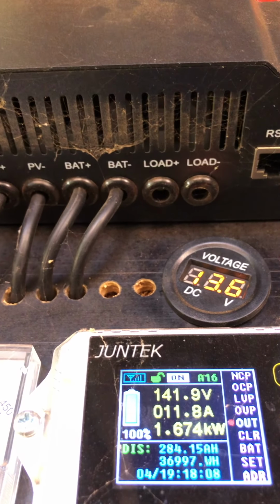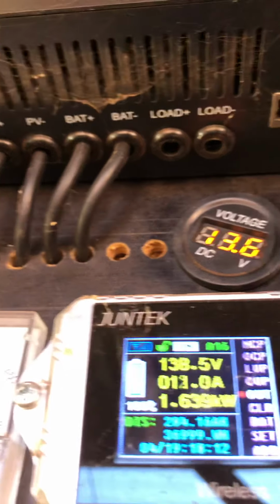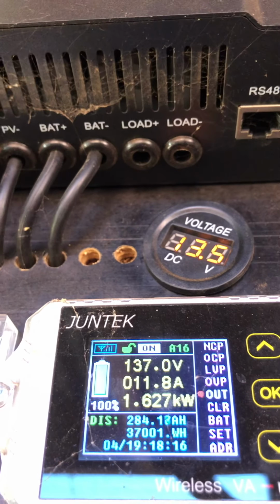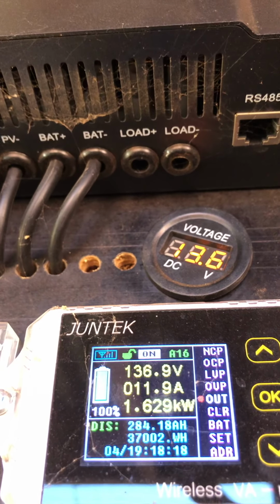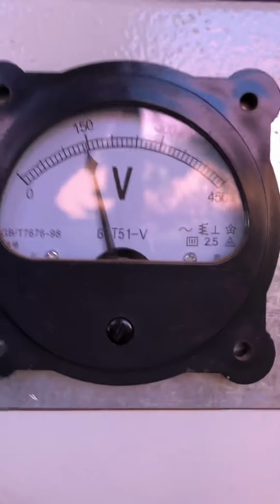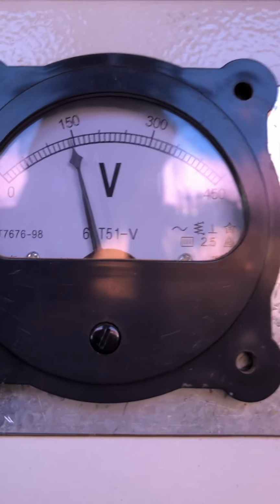So I'm getting about 1600 watts of DC coming down the line from some panels. What happens to that then is it gives me about 150 volts AC. I'm not sure on the amps just yet, but what it's